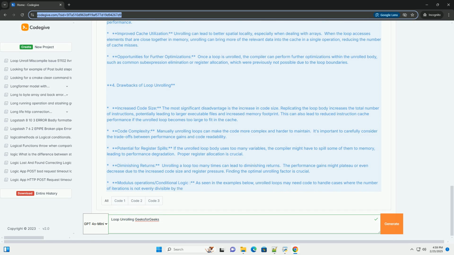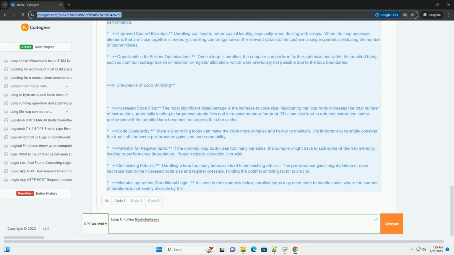Target architecture: the compiler takes into account the characteristics of the target processor, such as the number of registers and the availability of parallel execution units. Loop unrolling pragmas/directives: some compilers provide pragmas or directives that allow the programmer to explicitly request loop unrolling or to control the unrolling factor. Example, using compiler pragmas,